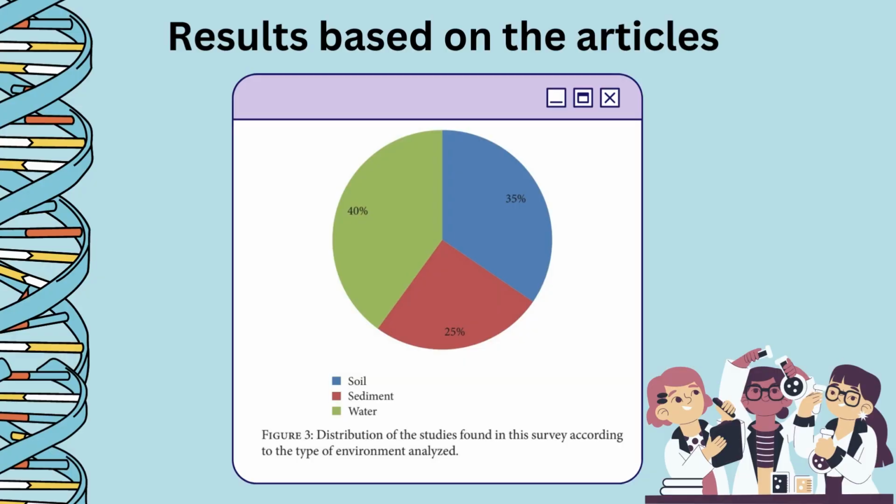These are the major results obtained in each environment studied based on the article, which is the soil, sediment, and water. By using certain bioinformatic tools to obtain the results, regardless of whether the samples used in the investigations were water, sediment, or soil, the researchers found that the markers utilized to characterize these species were the 16S rRNA,